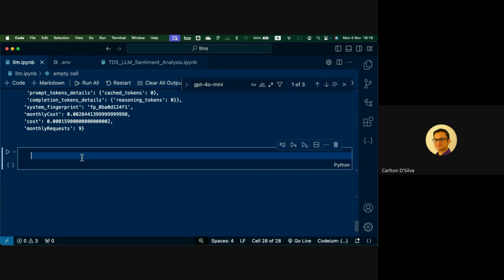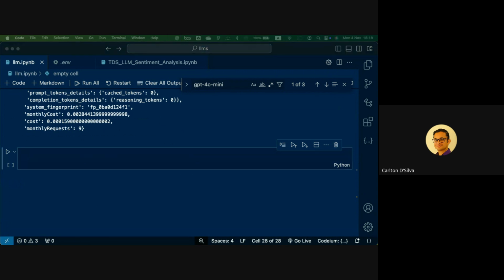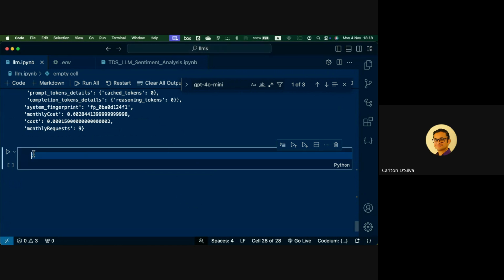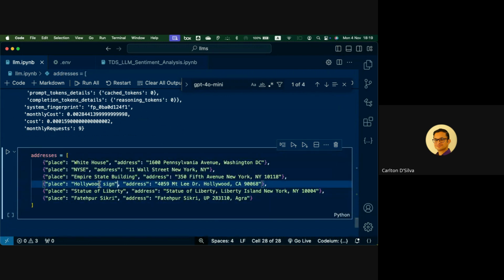Imagine you've given the LLM some unstructured data. One example could be a whole bunch of addresses. So I'll copy paste some addresses here. Okay. So here are some addresses. You've given it some sort of data like this. The place is called White House, and you're given some address like this. It's semi-structured, to be very accurate, because this contains several other pieces of information. It contains a city, a street, a house number.